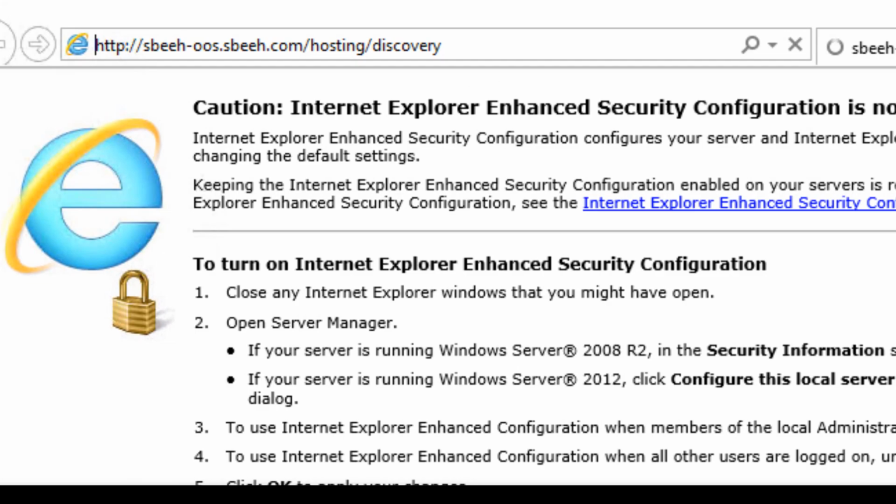To test, we need to open the fully qualified domain name hosting on /hosting/discovery.